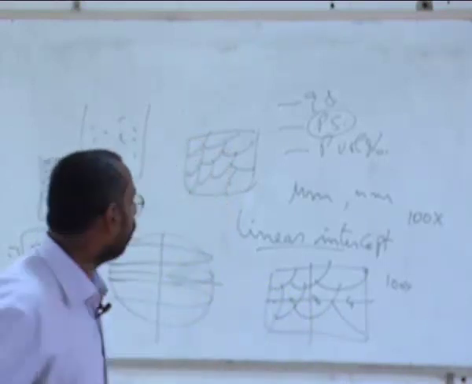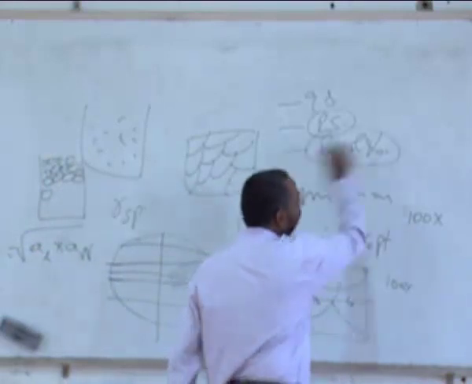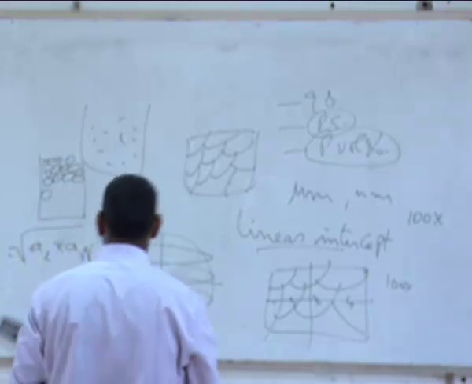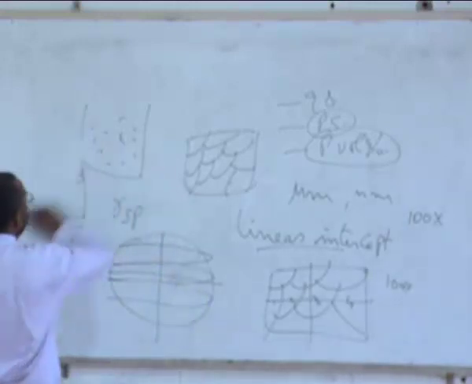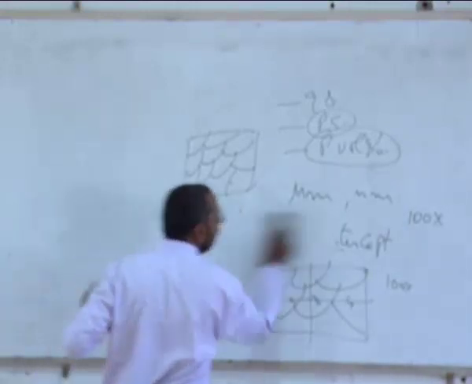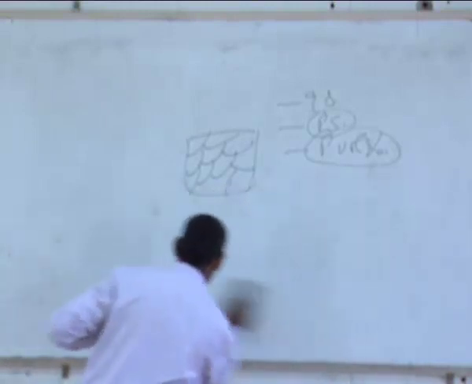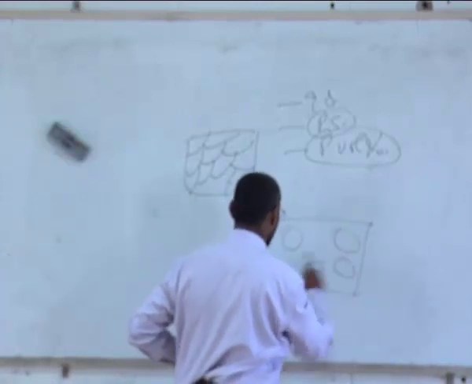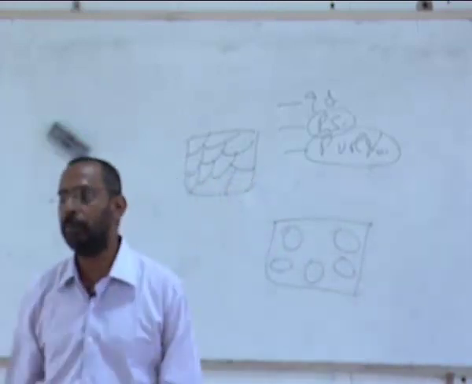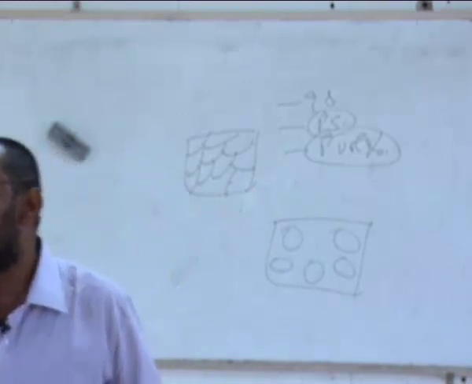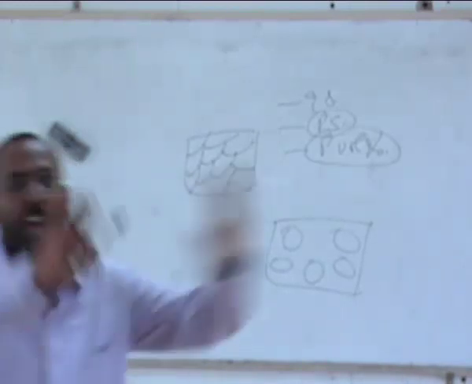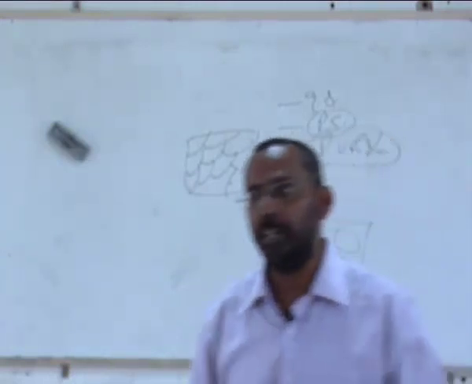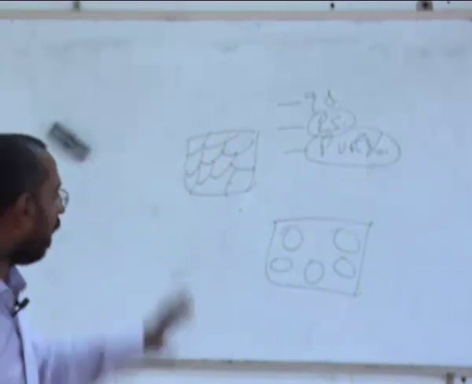And then the next question is, how do I find out the amount of the phase? The moment I say amount of the phase, as I might have talked to you in one of the previous classes, there are different amounts that we talk about. For example, say I have a microstructure where there are circular, spherical precipitates. Spherical or circular, I do not know, because they look circular since I am only seeing a 2D microstructure, not a 3D one. So I have some circles.